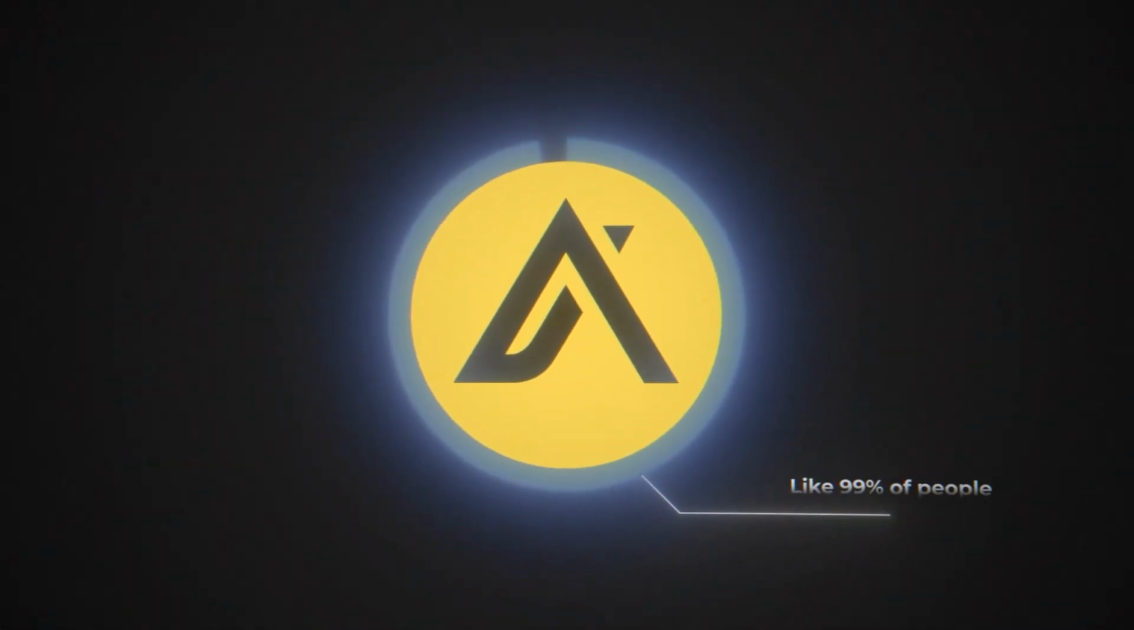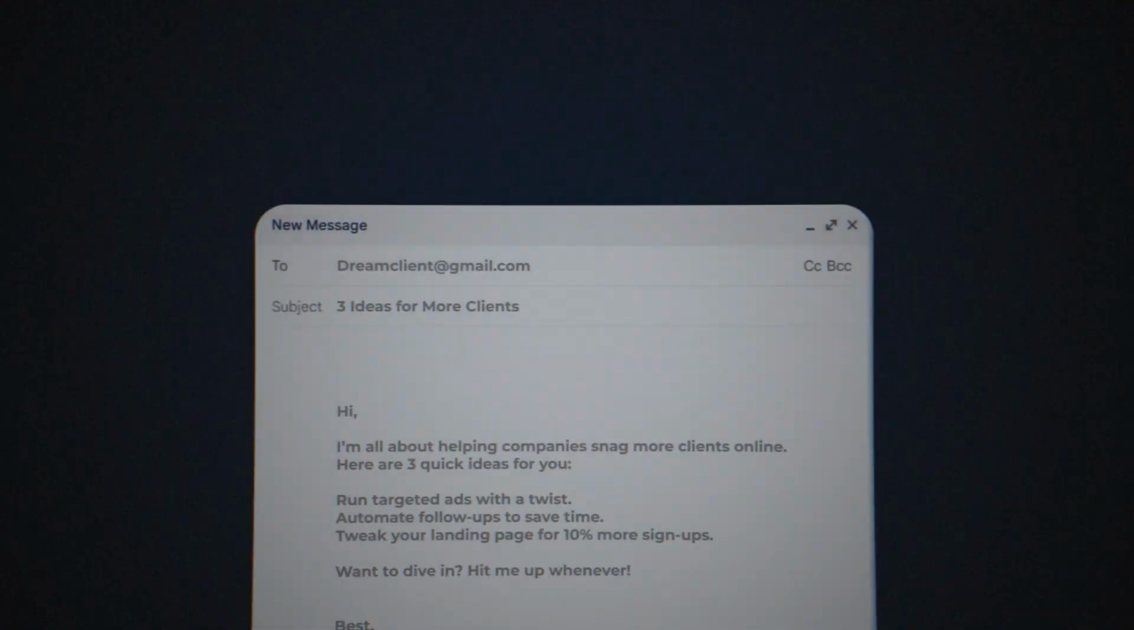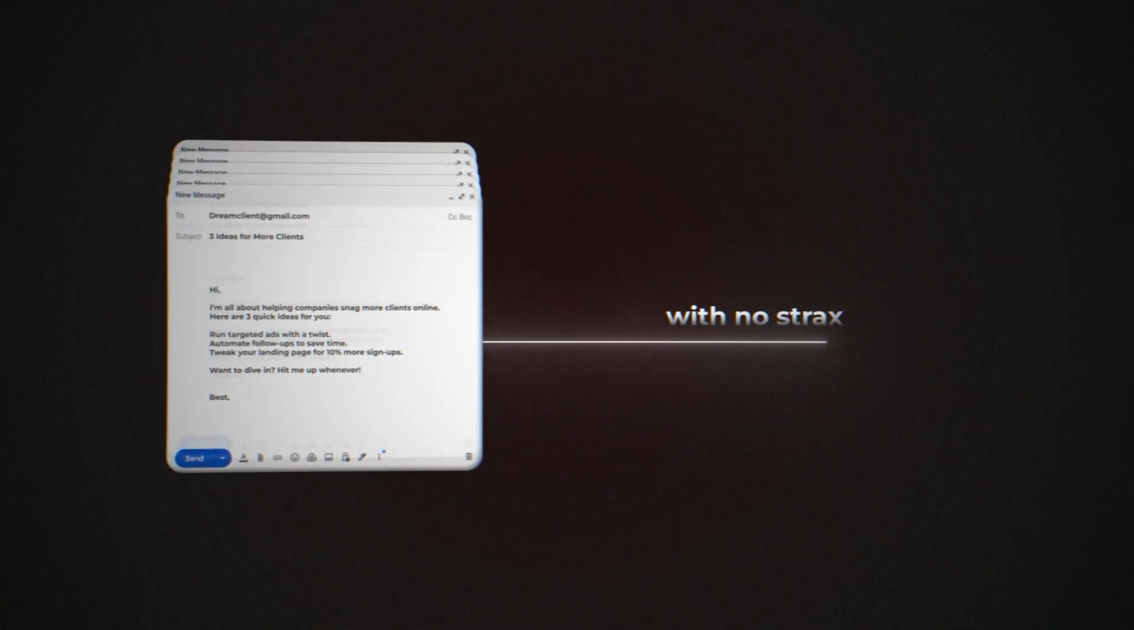If you're using Apollo like 99% of people, then you're leaving its full potential on the table. Most people don't really know how to use all the filters in Apollo, so what they end up doing is building a massive broad lead list with no strategy behind it. But when you know how to use Apollo properly, it becomes one of the most powerful tools for building targeted,